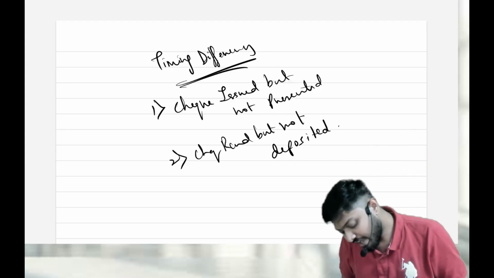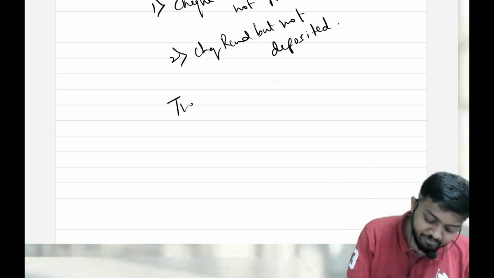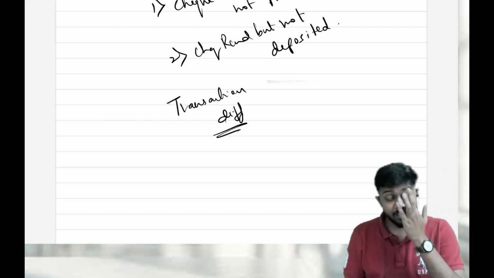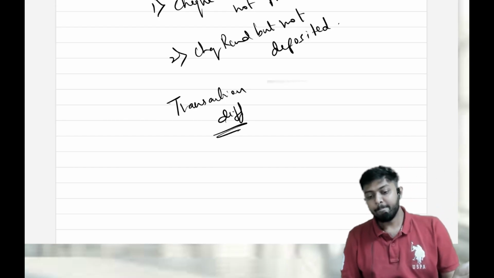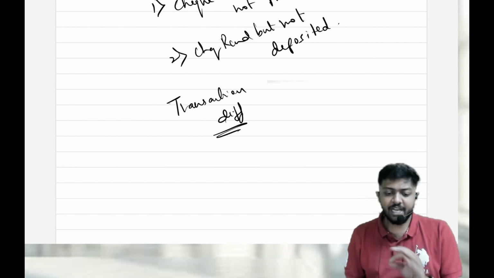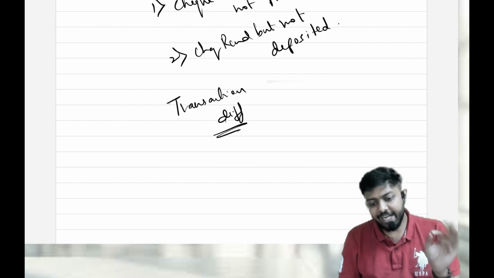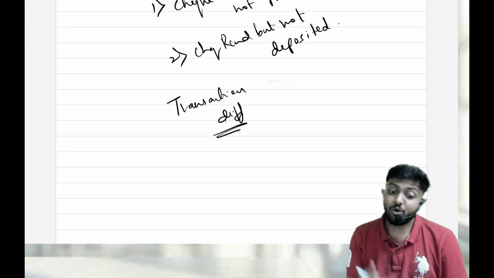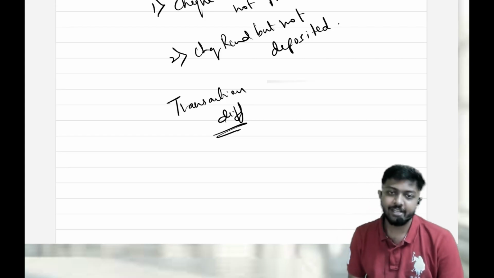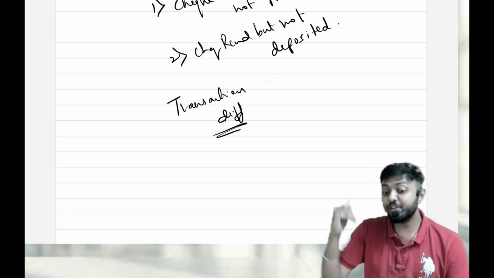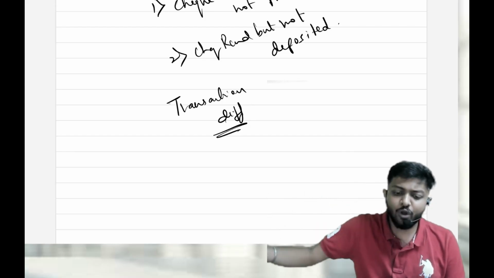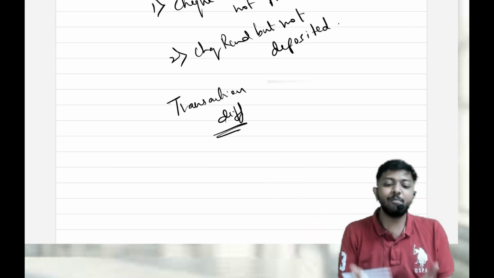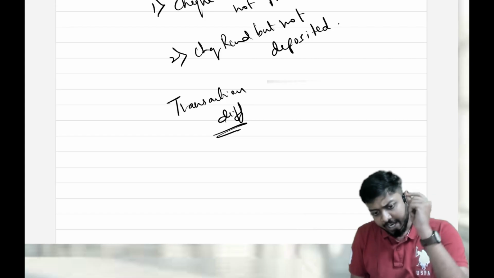Then one more reason is transaction differences. So what are transaction differences? To put it very simply, money will get deducted or will come to your bank account without your knowledge. It will come and sit without your knowledge. If you don't have knowledge, how will you record it? If money comes or goes from your bank account without your knowledge, you will not know it, you will not record it. Of course, there will be an imbalance. Money automatically went from the bank, but you did not record it because you don't know. This is called transaction difference.